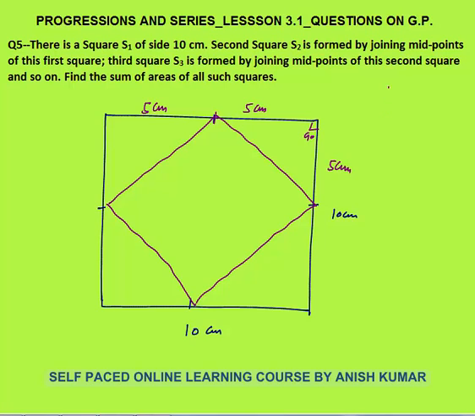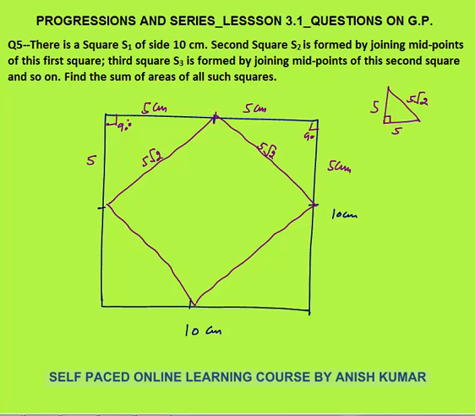In a right angle triangle, you know that, this is a right angle triangle, this is 5, this is 5, by Pythagoras this will be 5 root 2. So same way, two perpendicular sides are 5 and 5, this side will be 5 root 2. So the new square side will be 5 root 2, this will also be 5 root 2 because this is also 5. This is also 90 degree angle. Now we got the side of the second square also.